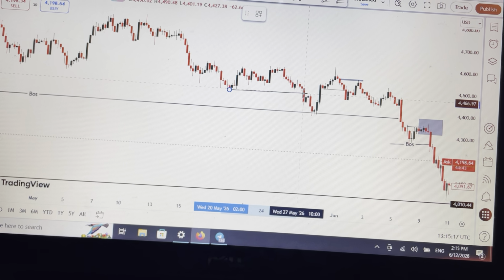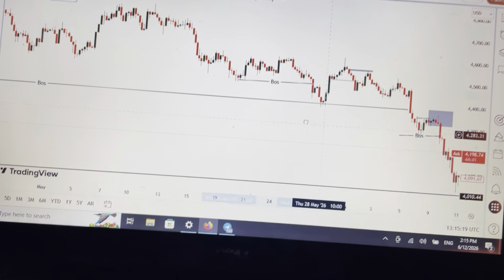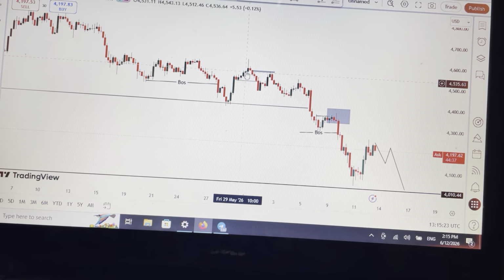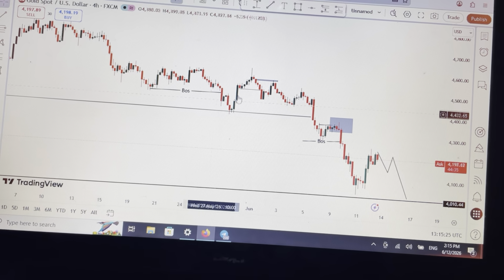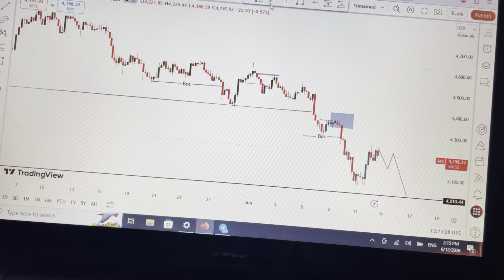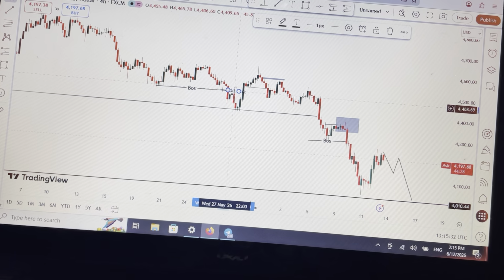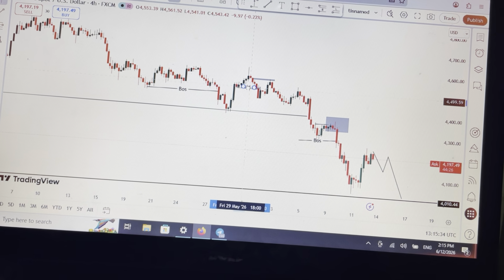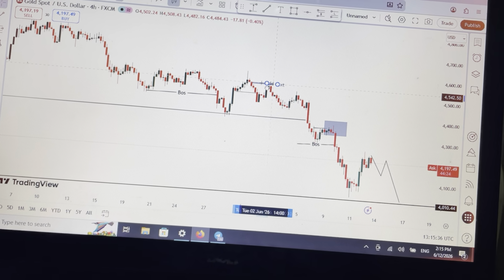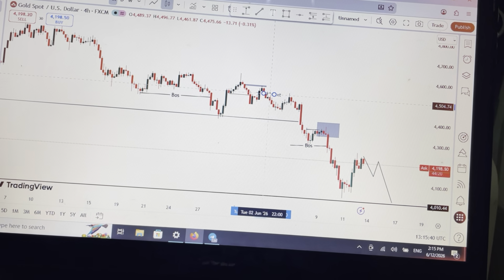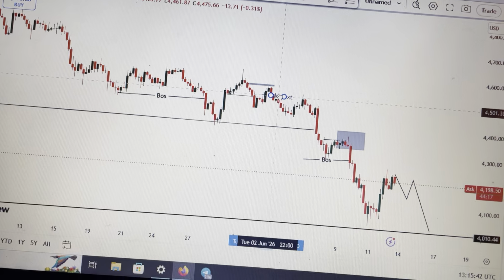We have an active break of structure to the downside and price pulls back to an order block, grabs liquidity. I said we should wait for a market structure shift. Why? Because there is an imbalance around this level. Here is an imbalance. So when we have an imbalance, wait for a market structure shift, and wait for price to pull back to any resistance or any supply zone here. Then we should wait now for a confirmation before a sell, and this is what price did around this level.